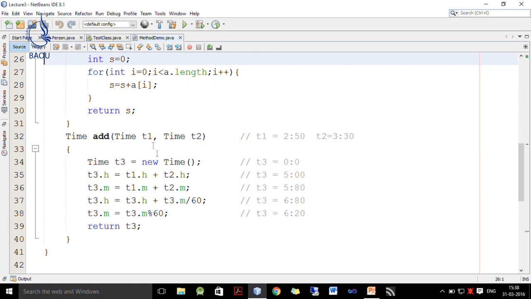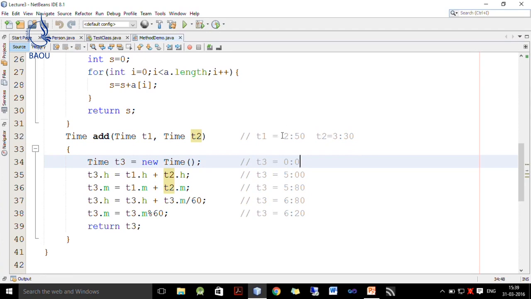Now, I want to add two times. Here T1 has two components h and m. h represents the hour of T1 and m represents the minutes of T1. Similarly, we have T2.h and T2.m which represent the hour and minutes of T2 respectively. Now, assume that T1 is initialized to 2:50 and T2 is initialized to 3:30.